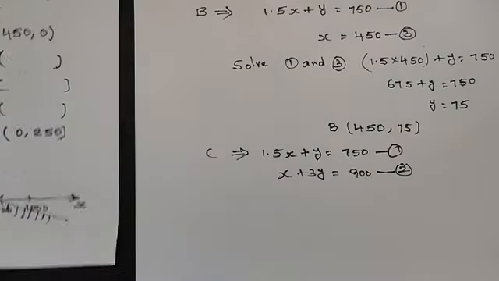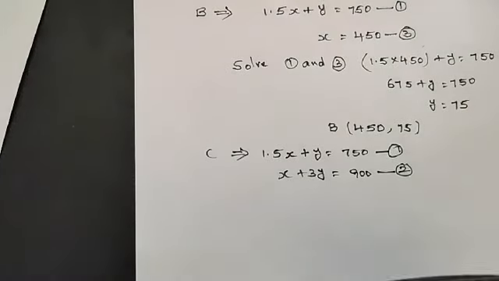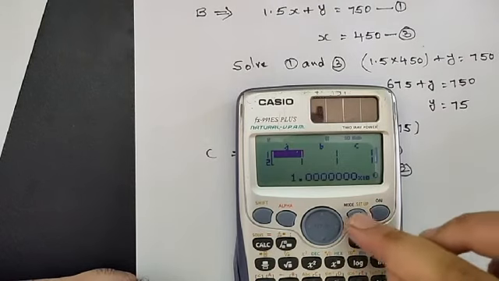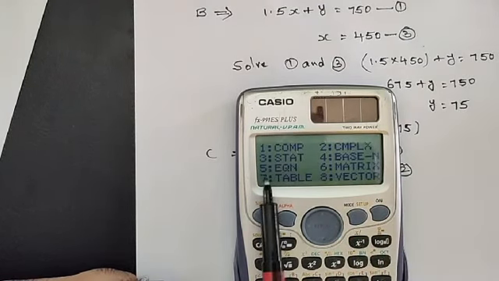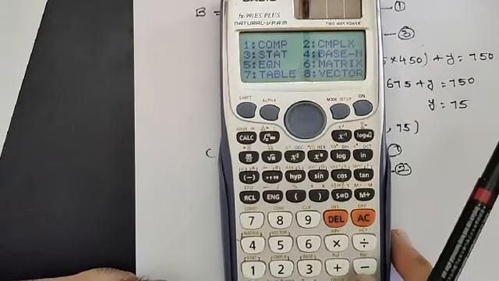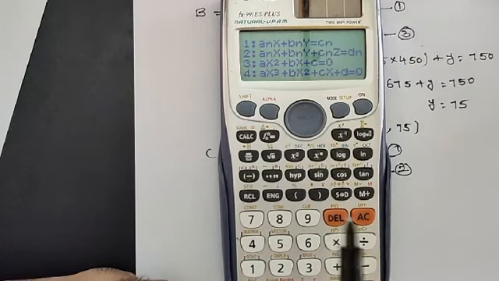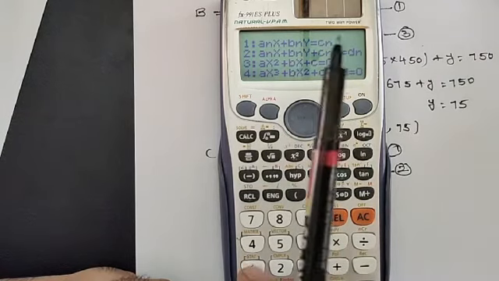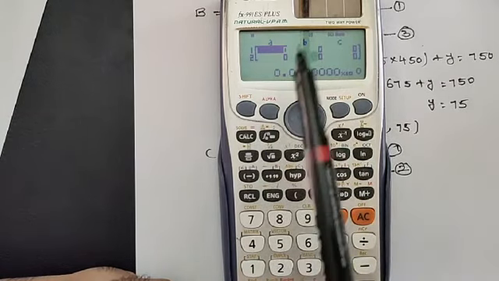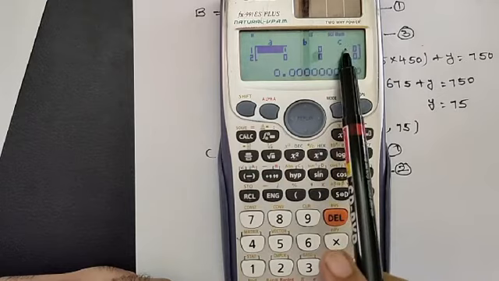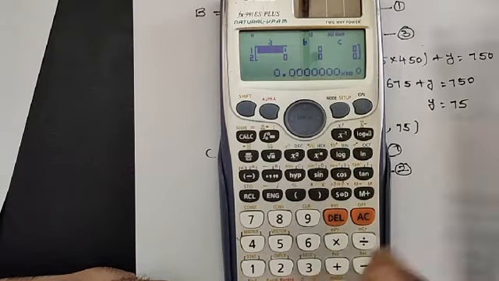So now I am going to solve these equations with the help of a calculator. How to solve equations with the calculator? I have switched it on. Press MODE, and here 5 is there, equation mode. So press 5. Here the equation type: ax plus by equals c mode. Press 1. Then this will appear. A means the coefficient of x, B means the coefficient of y, and C means the constant term. Similarly in the second equation also.